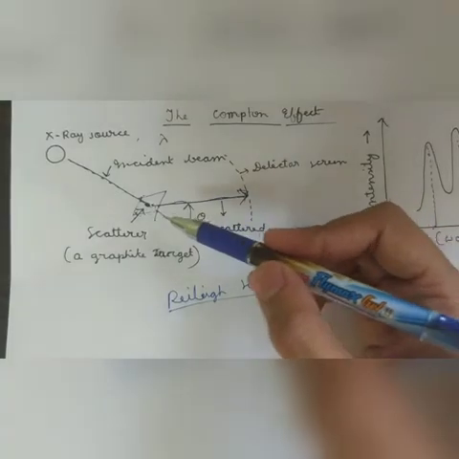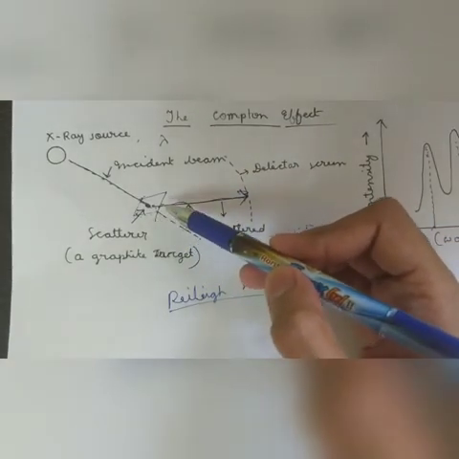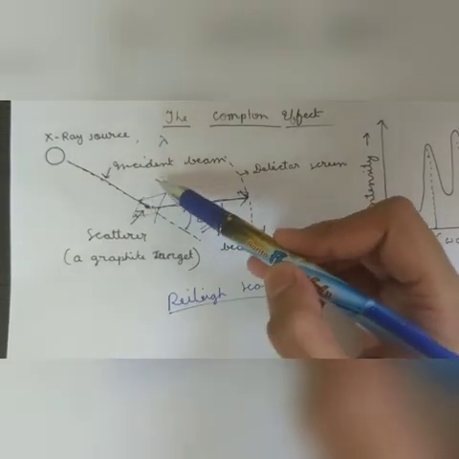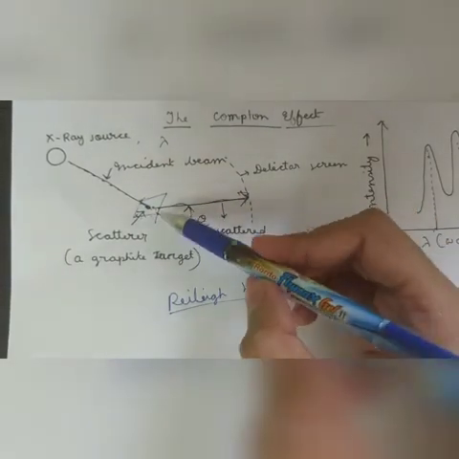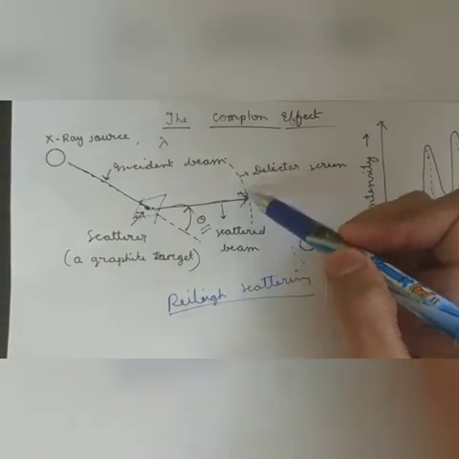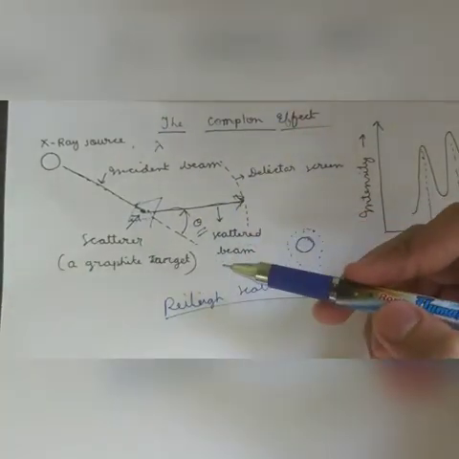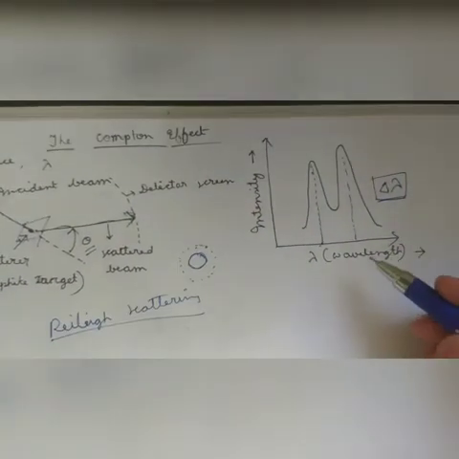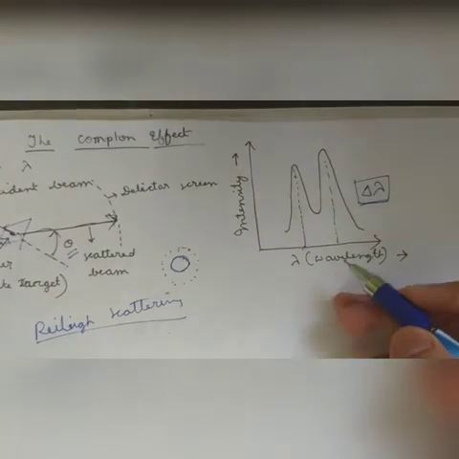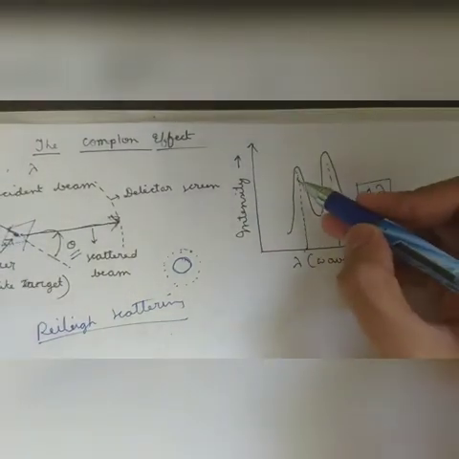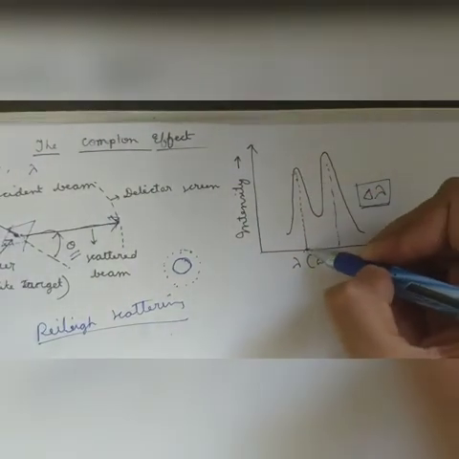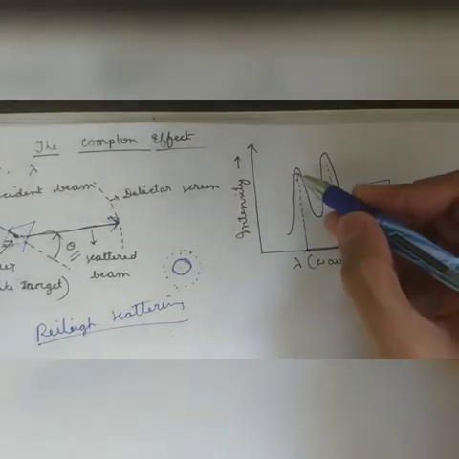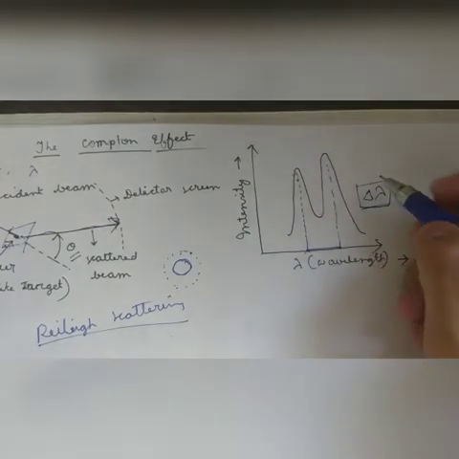monochromatic. So he used a scatterer, that is a graphite crystal. X-rays are incident on this scatterer, and the waves are scattered. So he observed the scattered waves. What he saw is that he drew an intensity pattern with respect to the wavelength. He saw that intensity reached the peak value for two particular wavelengths. The first wavelength is the same as the wavelength of the incident X-ray, and the second wavelength is shifted a little